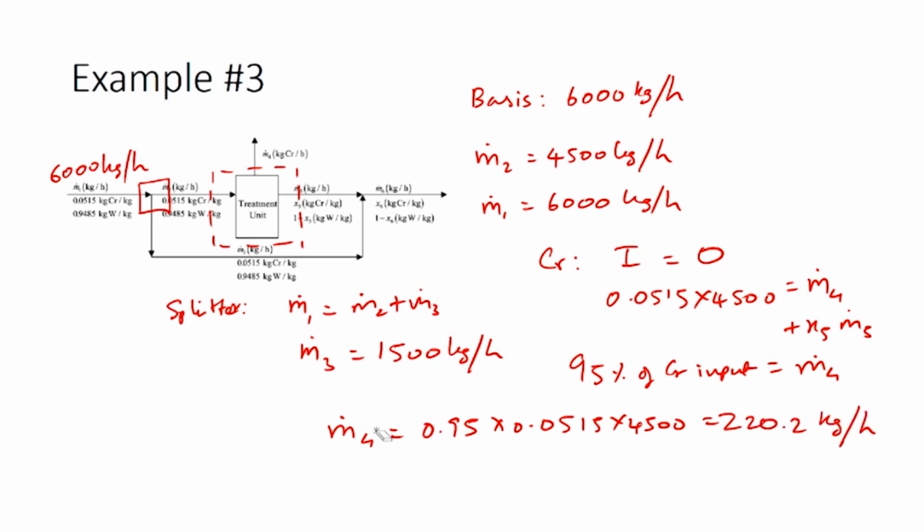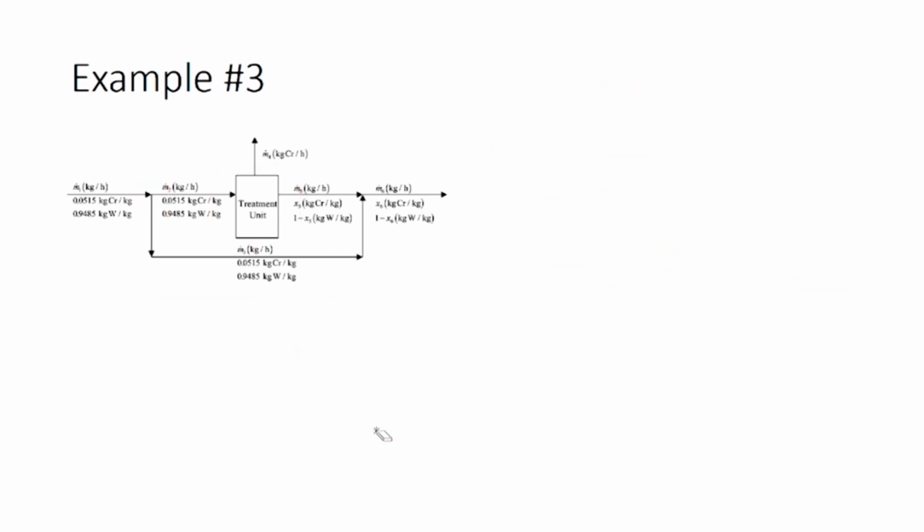That would be the mass flow rate of chromium leaving through the stream M4. Substituting this M4 dot into the chromium balance, we would have